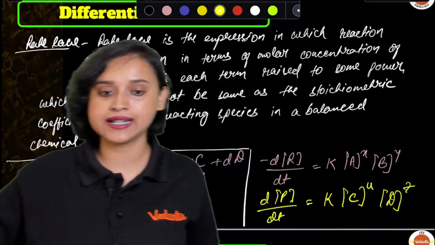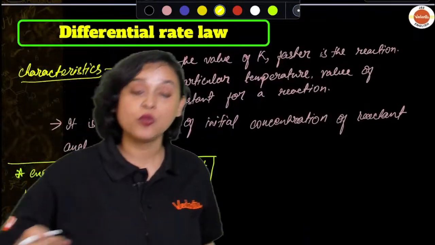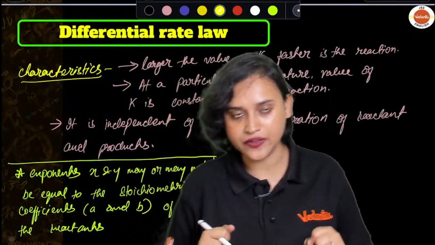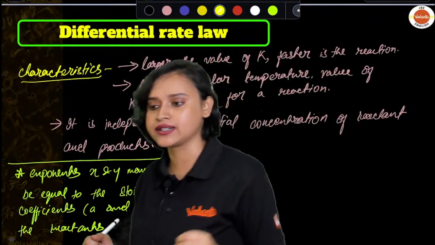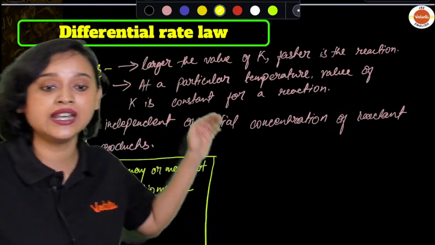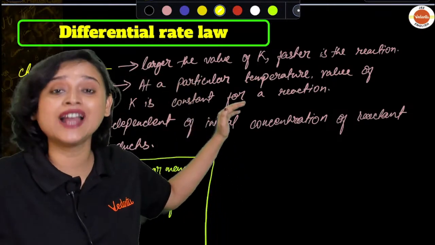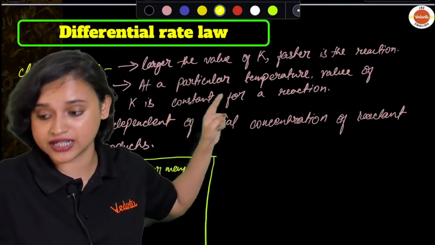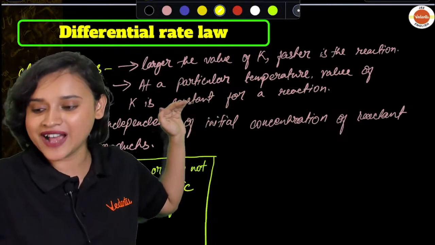Okay, all right guys. So moving on from here now, what are the characteristics of this differential rate law? What are the characteristics? Why do we use it? What do you get from here? You understand that if the value of K, that is rate constant, yes, if the value of A,